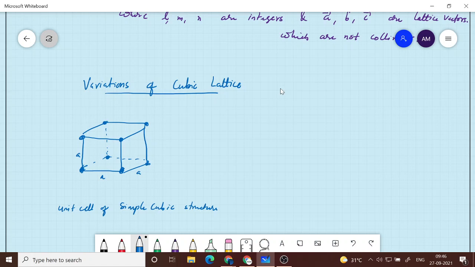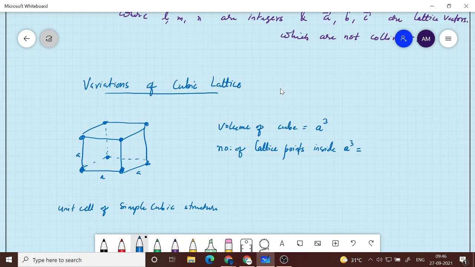For example, the volume of the cube is A cube, A into A into A, and the number of lattice points inside A cube is equal to,